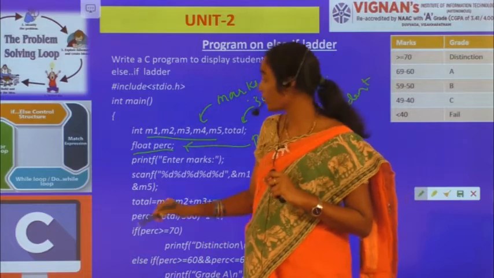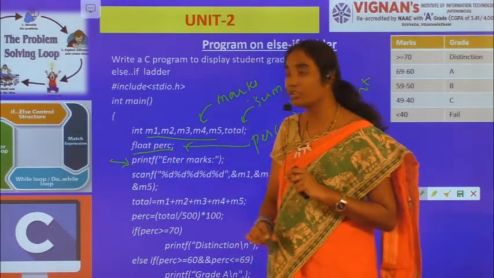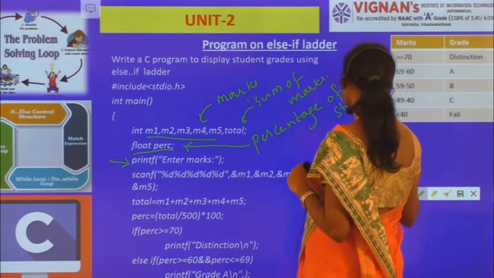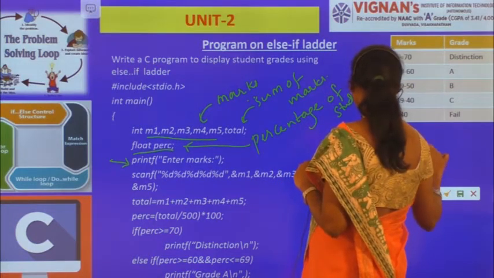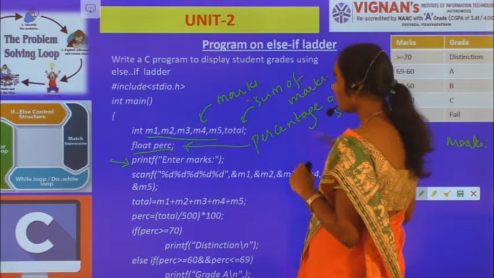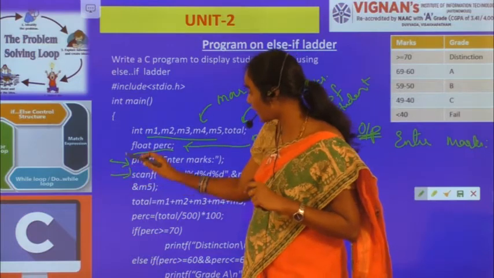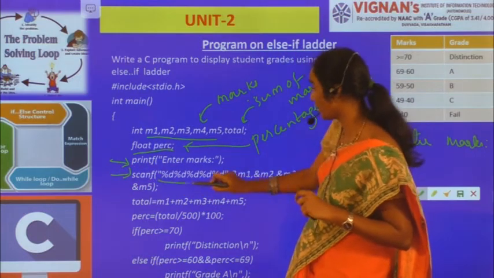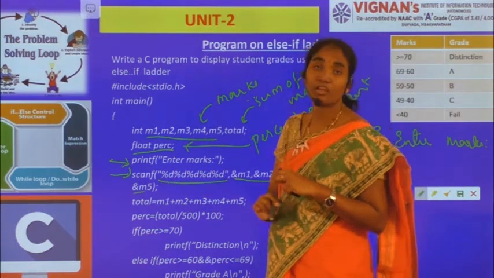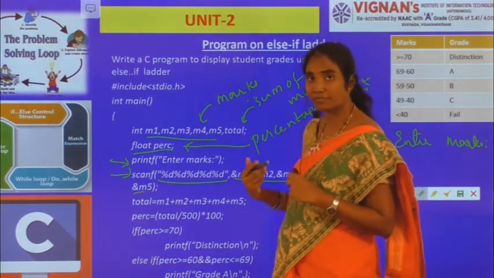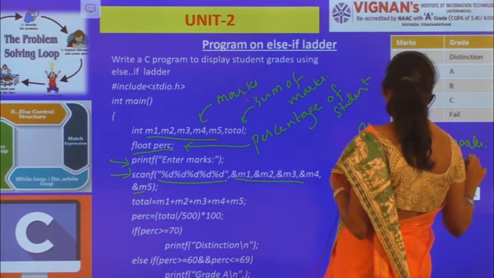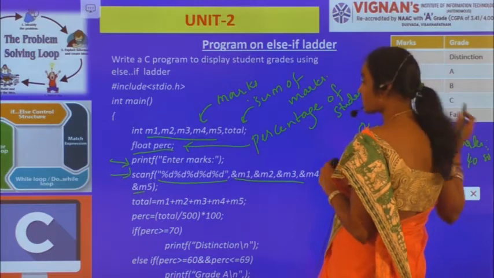Now here I'm giving a message, printf "Enter the marks", so in the output console I'll be getting a message called enter marks, right? So now let us read scanf with %d. Here I'll be having 5 %d's. Why? Because I have to read 5 marks at a time, right? So here I'm reading all the 5 subjects' marks. So let us consider here 10, 20, 30, 40, 50. Okay, likewise I had given the marks.